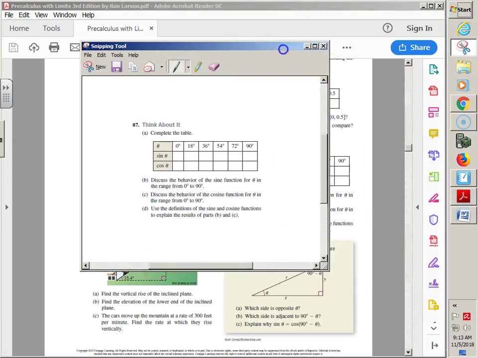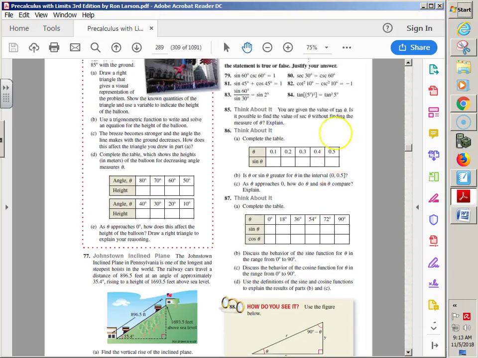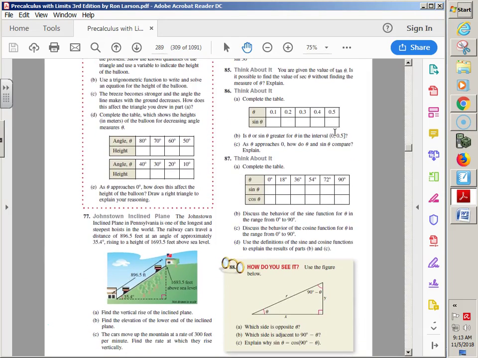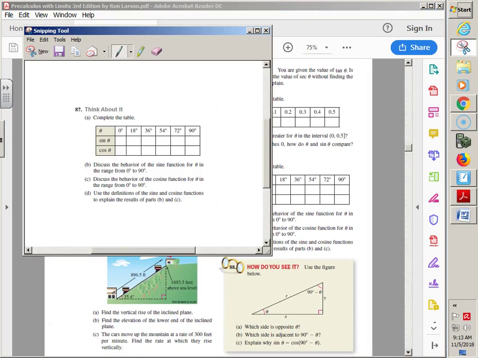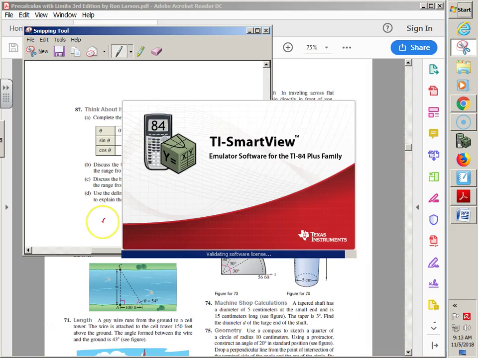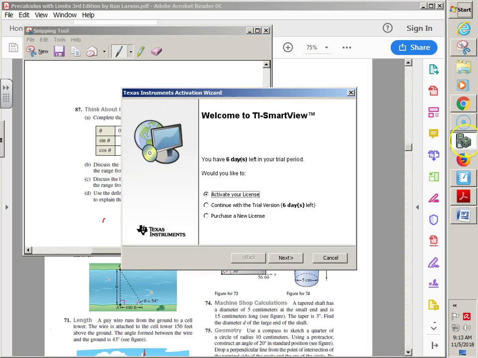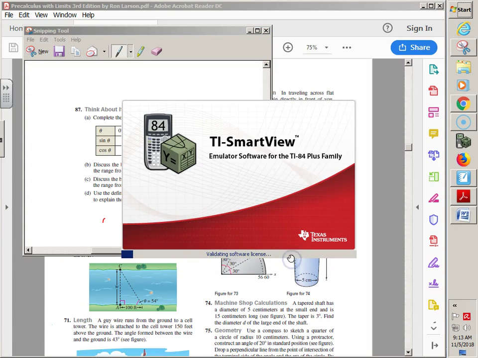All the way. So as I'm getting at my calculator, let's go ahead and see what the question is asking. There are no other directions earlier, I don't think, as far as for that particular question, so it's all self-contained. Think about it. Complete the table. All right, I can plug stuff in. Discuss the behavior of the sine function for theta in the range